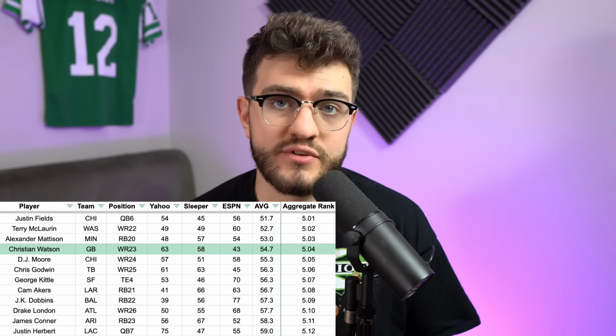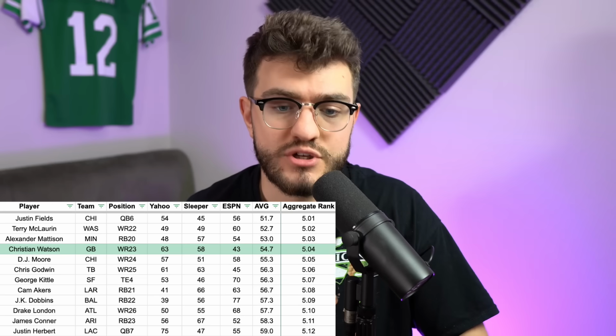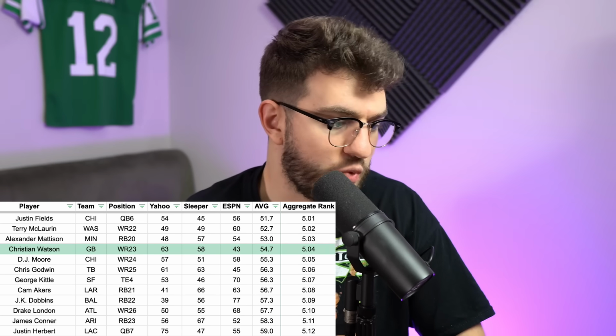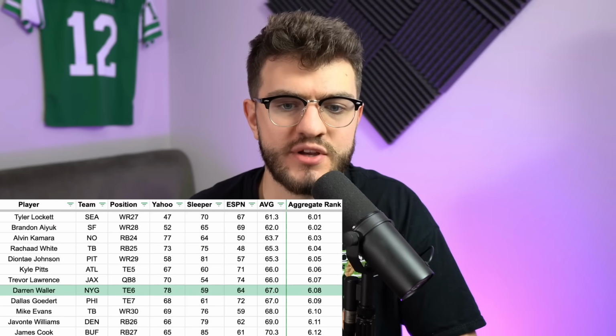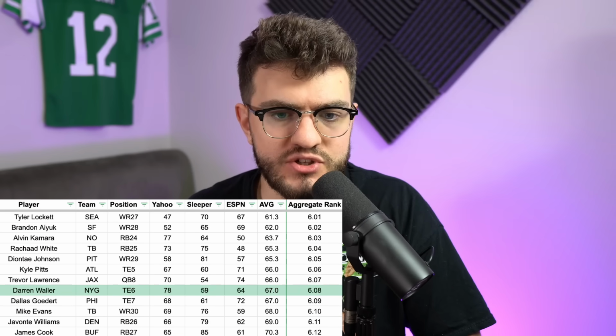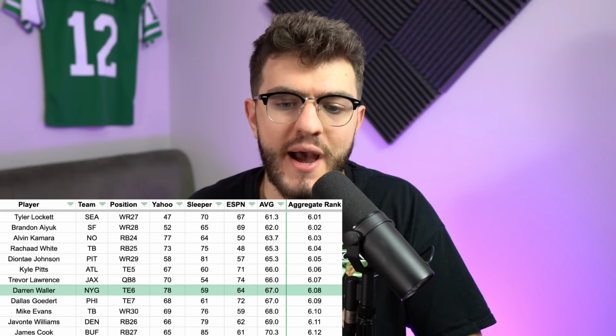You kind of just have to bet on the talent and hope that everything else figures itself out. Now, in the 6th round, we have Darren Waller, who I just keep on inching up in the rankings. He's going at 608 as the tight end 6 by consensus. He's my 505 as my tight end 3.